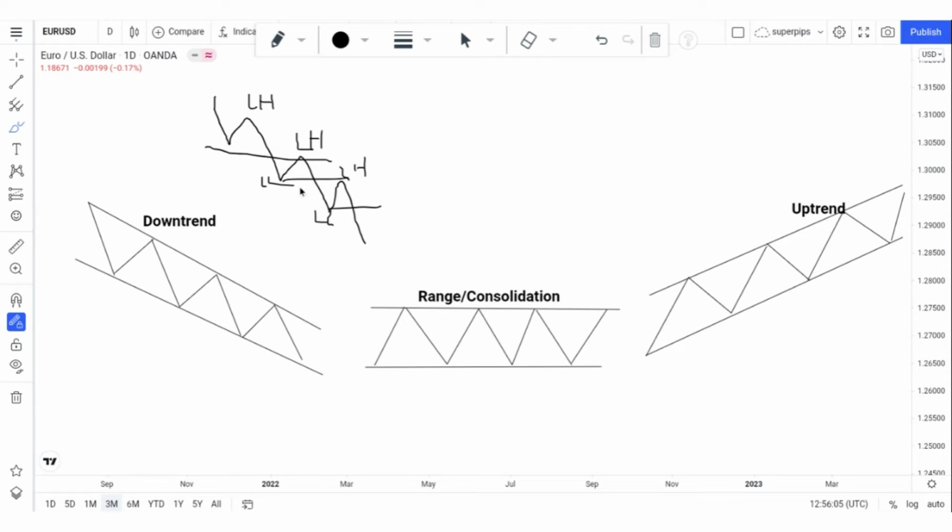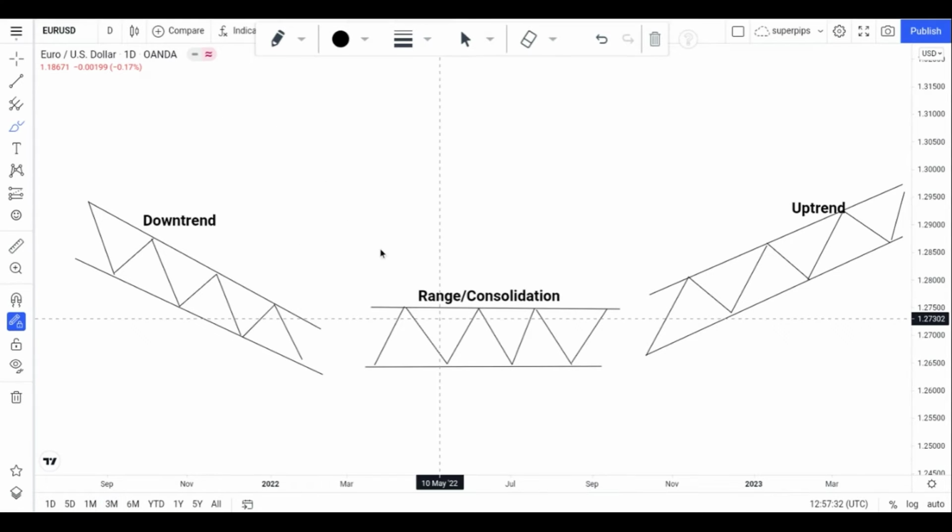When we talk about the downtrend, it's all about these lower lows and lower highs. Make sure that you identify the lower lows and the lower highs, and then we move on to the uptrend. When we say the market is trending to the upside, it is when the market is moving to the upside,